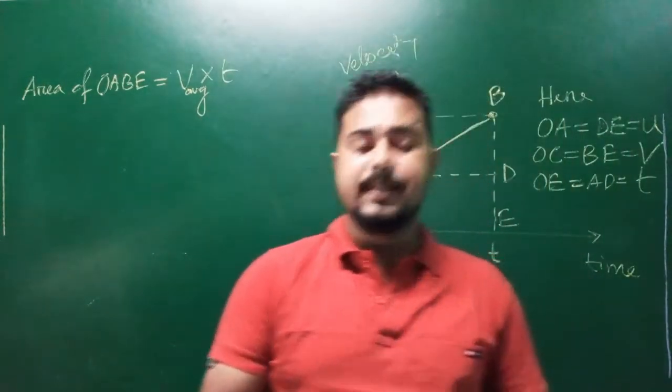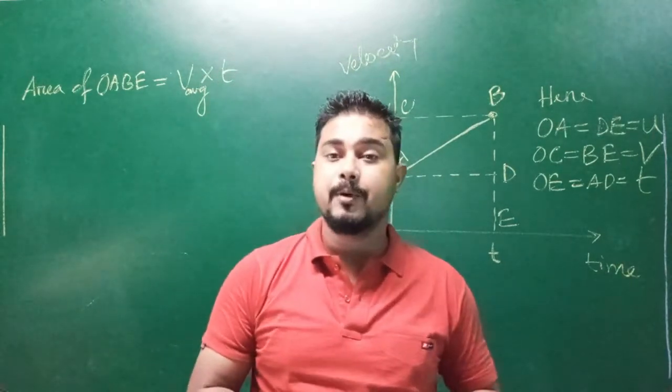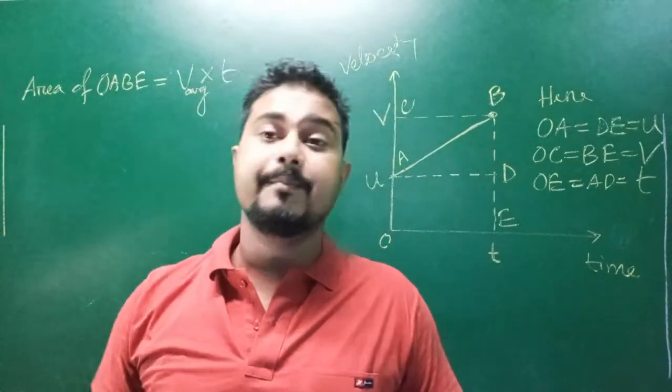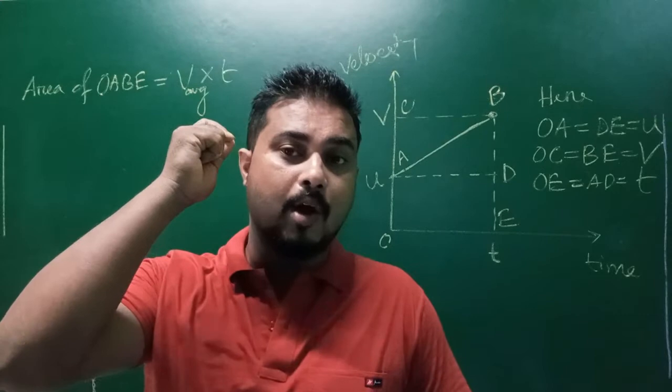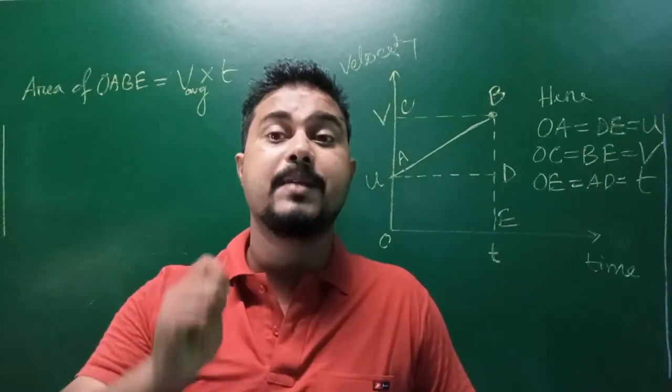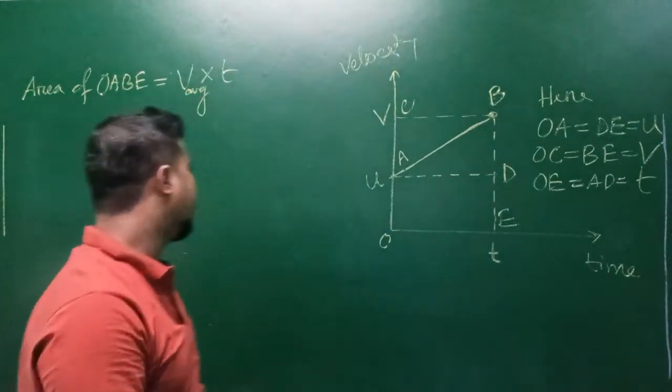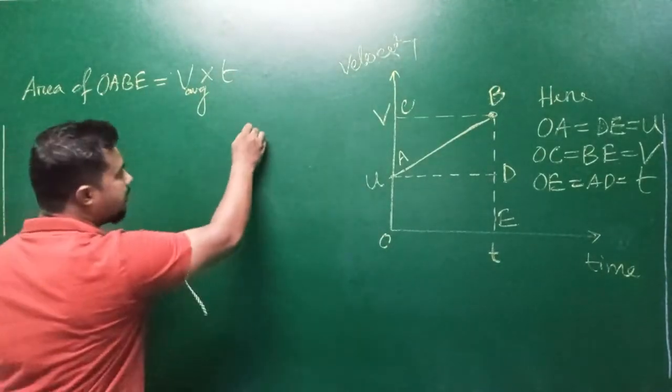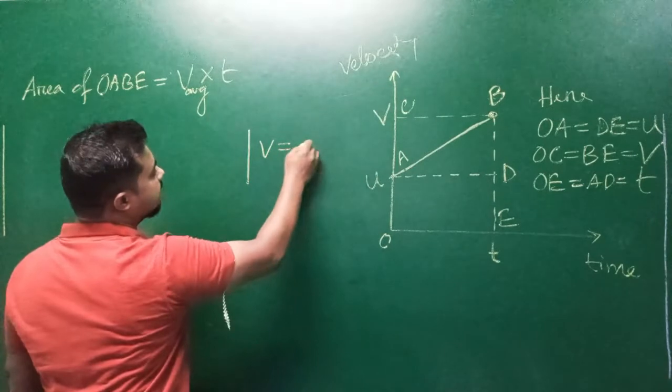From there, if we write or if we see, then we can write velocity is equal to, we already have velocity is equal to we can write displacement by time. Okay now, so we have already got that velocity is equal to we can write